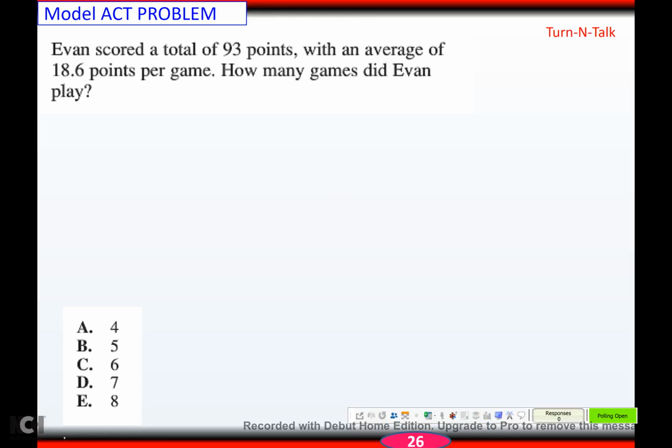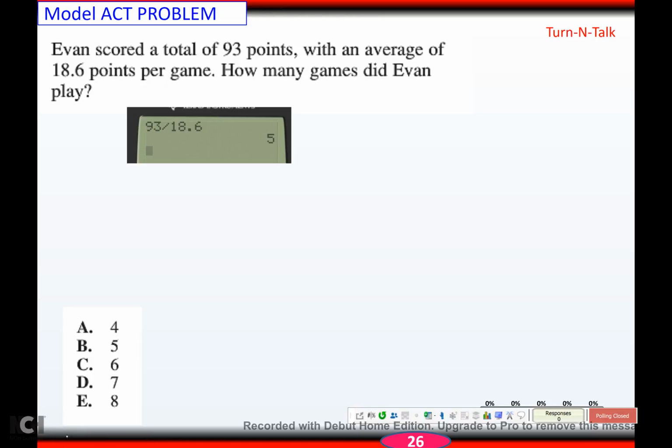Try this one. Hit pause. Come back when you're ready. And hopefully you got 5. Evan scored a total of 93 points with an average of 18.6 per game. How many games did Evan play? Well, if he scored a total of 93 points, right, and his average was 18.6, your thing is the sum